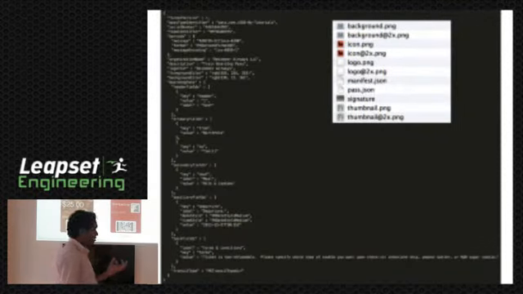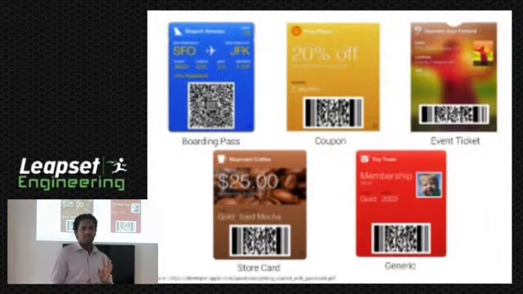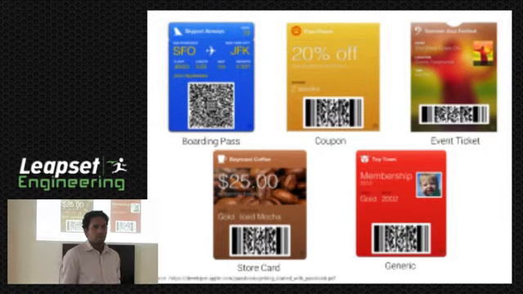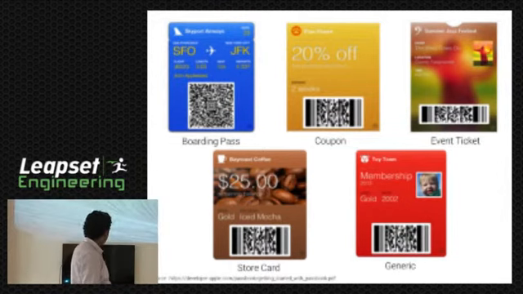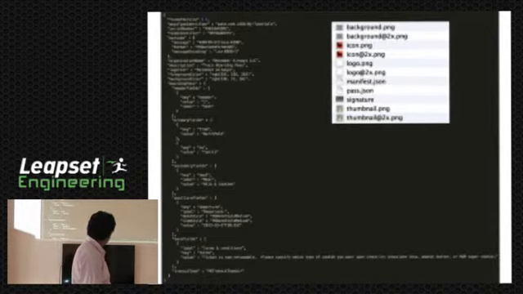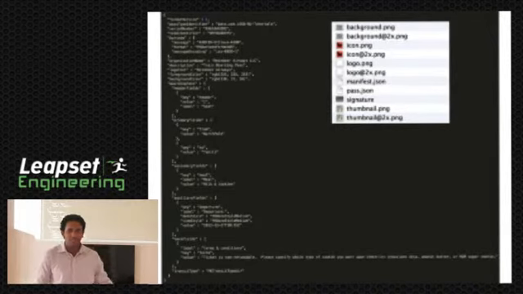So the cool thing about these passes is that they're not dependent on any technology. Let me just show you what the inside of a pass is, and then you will see what I'm talking about. So basically, if you take a look at a pass, this is the inside of a pass.